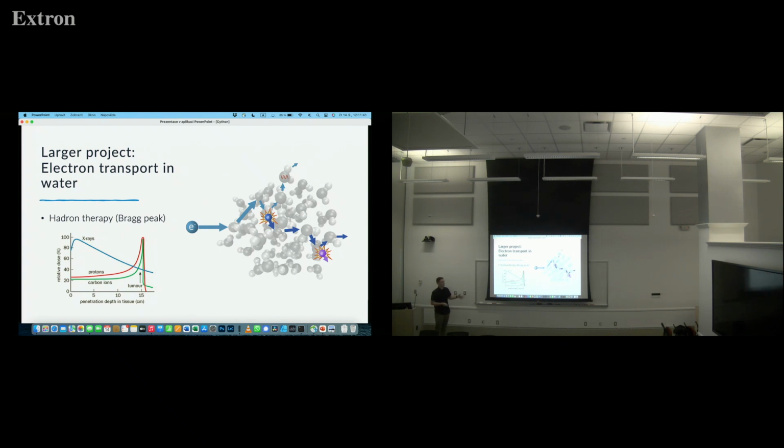However, if you have particles like protons, electrons, ions, there's actually this phenomenon of Bragg peak, meaning that they go through the medium and deposit most of their energy at some point. So this might be beneficial in radiotherapy, where you have a tumor and you know exactly where it is, so you don't want to hurt the living tissue around it. So you want to tune your particles in a way that you destroy just the tissue that's in some